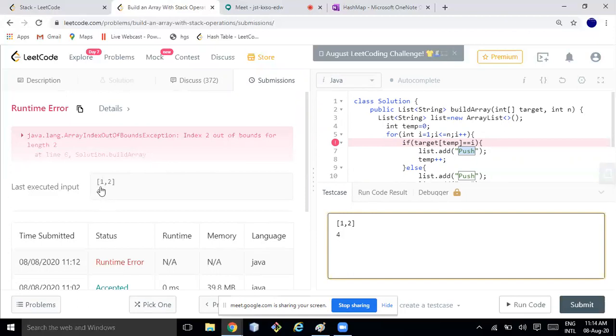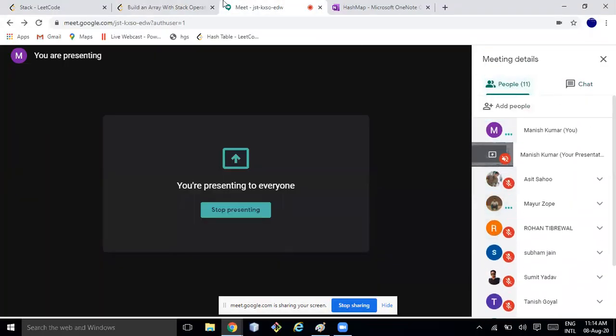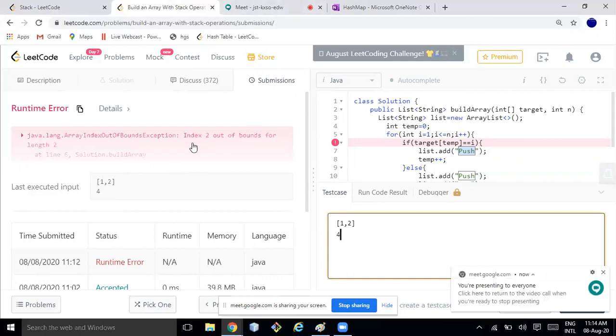First, let's decide that. 1 2 and n is 4. Push, push, push pop. Is that needed or not needed? 3 and 4 are not present, so 3 got added, then popped out. Then again 4 got added and popped out. So it should be push pop. Yeah. So if we have to push also, then this target is coming, right? So no need to do further operation also, right?